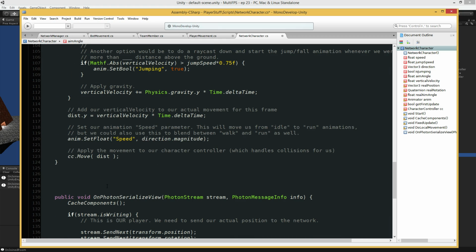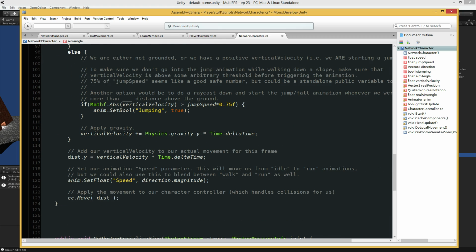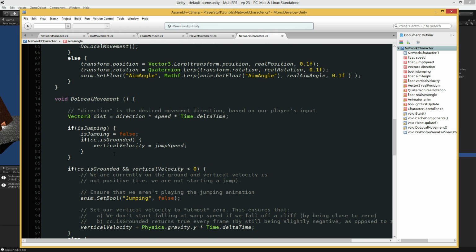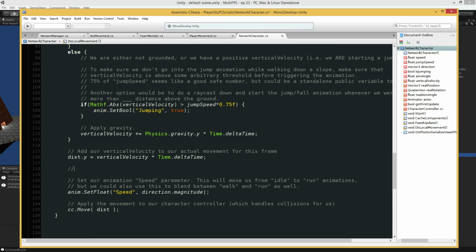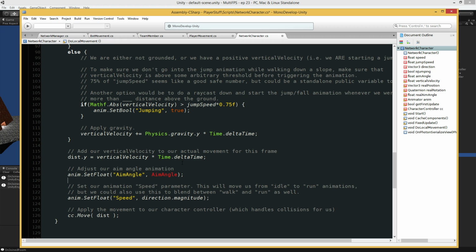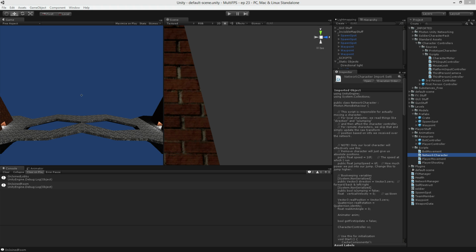Why don't we... I'm starting to think we actually want a function here. We have a do local movement. We might want to do local animation. But for now, what we'll do is we'll adjust our aim angle animation, and we'll just basically do that, so with proper spelling. There. Now if we go ahead and hit play,